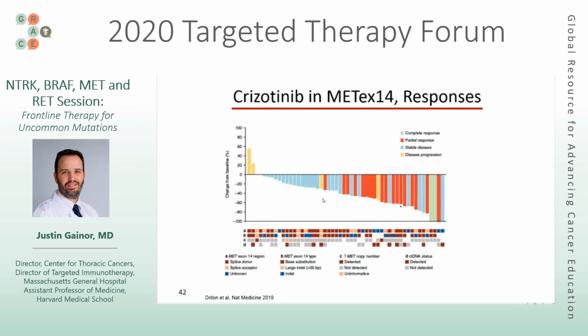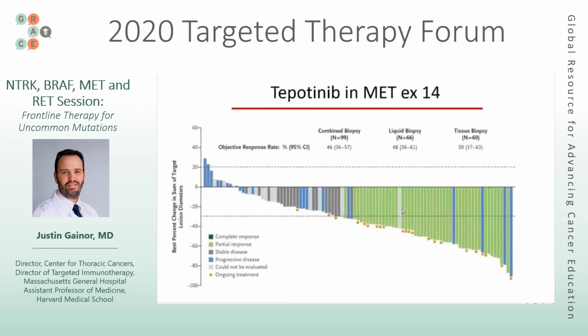For MET exon 14, a series of MET inhibitors have been explored. Dr. Sands alluded to that crizotinib wasn't designed as an ALK inhibitor. It was actually designed as a MET inhibitor. And so one of the first looks was using crizotinib against MET exon 14. And here we see that again, this looks like an active therapeutic target where we can induce tumor responses. But the activity of crizotinib was not as robust as we had hoped, and so there are newer MET inhibitors,